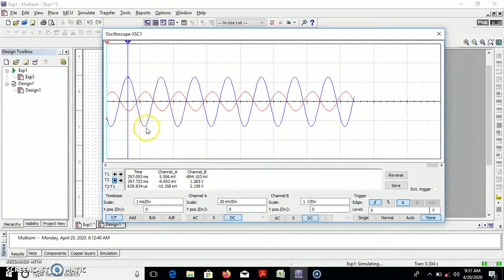Now I require to find out the negative peak. For the negative peak I require to take the help of measurement bar number 1. If you move this once again, that point will move here, and that control is with the T1 control bar. In the T1 control bar, once again you press in this way. Now as this is going to move in the negative cycle, the reading is going to show a minus value.